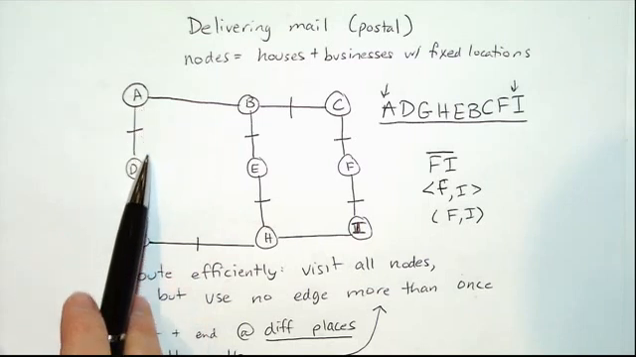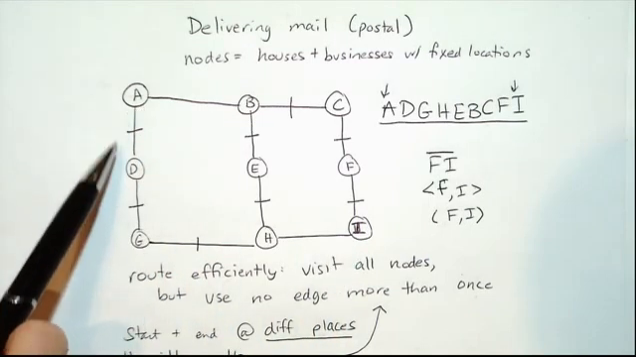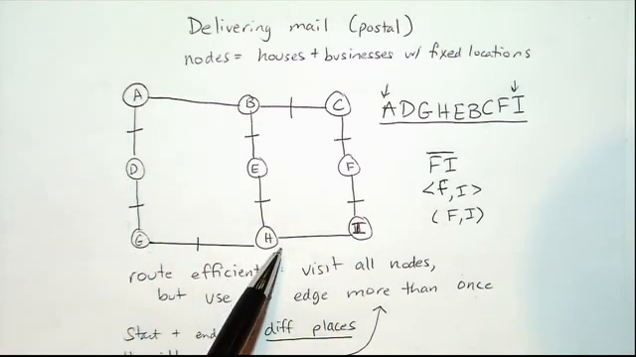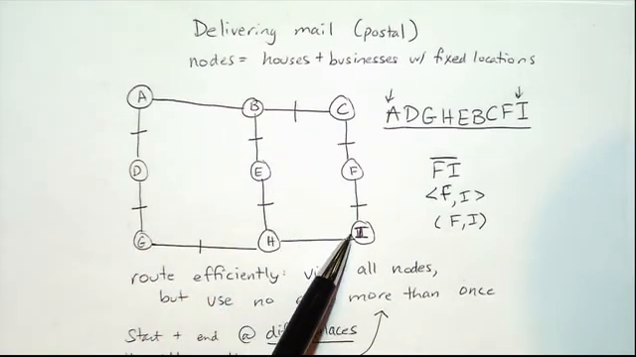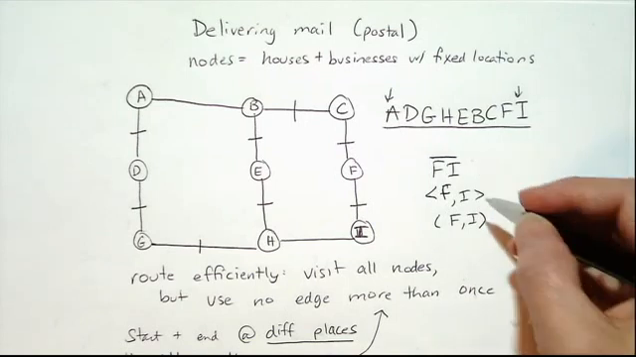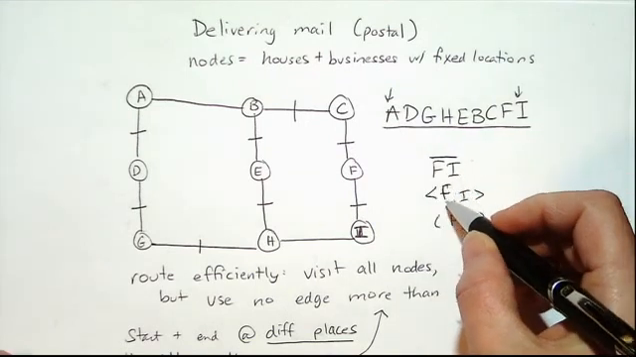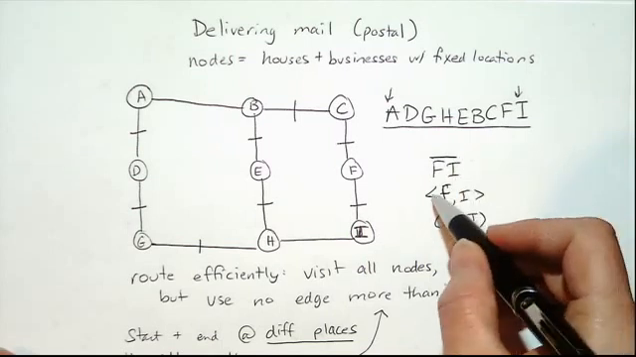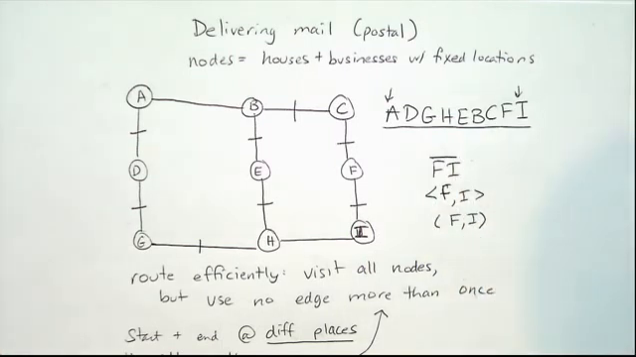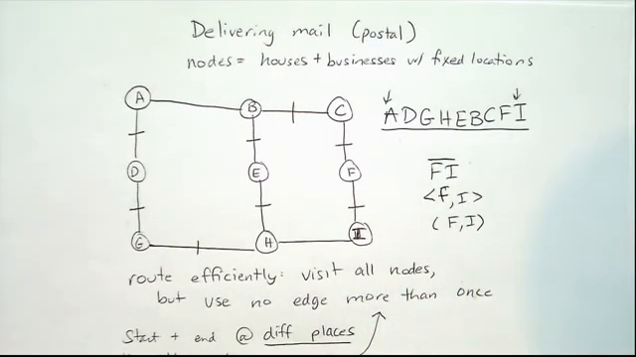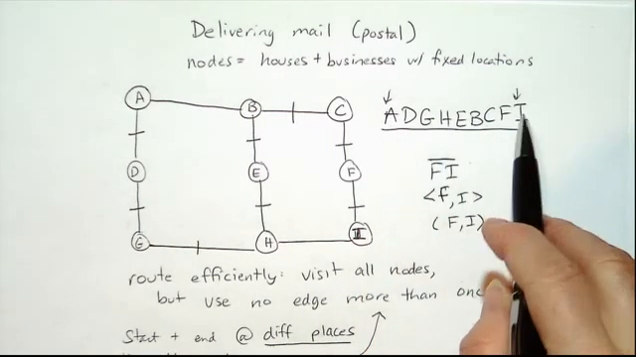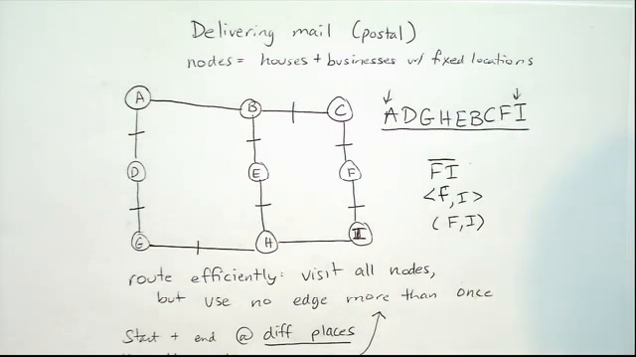So in this graph, we can start and end at different places. For example, we can go AD, DG, GH, HE, EB, BC, C to F, and F to I. There are three different ways of writing out edges: F to I with a bar over the top, FI with brackets around it, and FI with parentheses around it. So we can actually write out a path by putting the sequence of nodes that we visit. So A and I are different starting and ending places. So we could deliver the mail, but we can't actually get back to where we started without reusing an edge